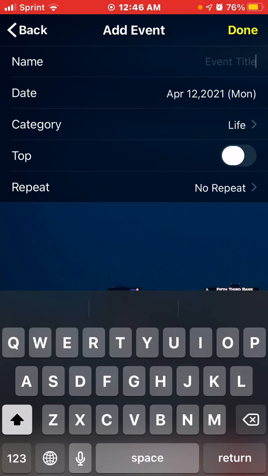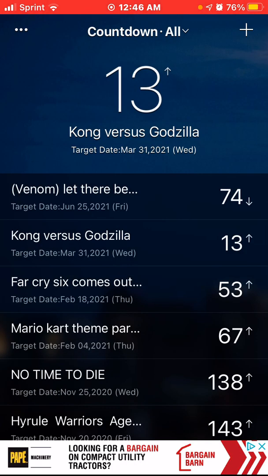You can tap top to toggle that, so your event will be on top and easy for you to see. But I have none at the moment. So go back. On the upper left corner, my bad,